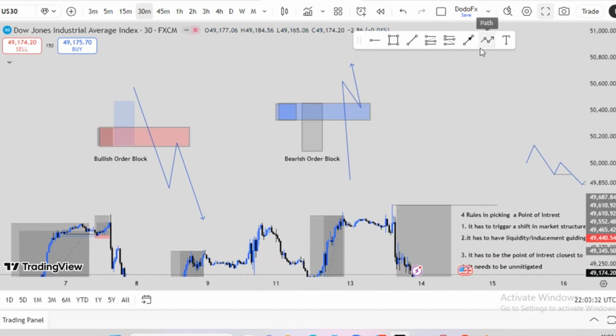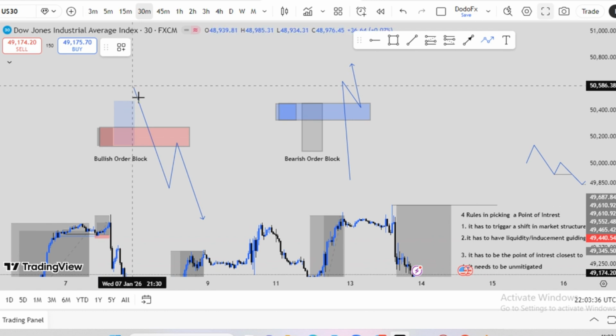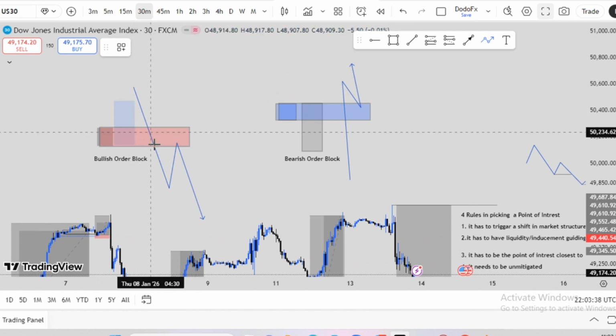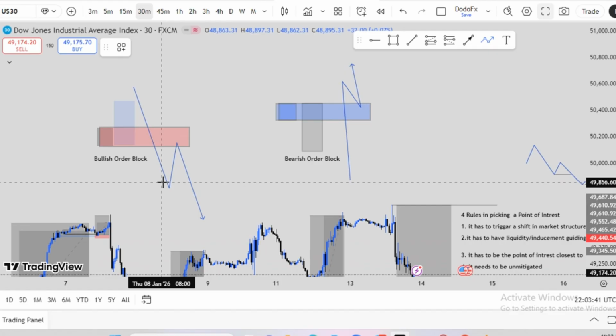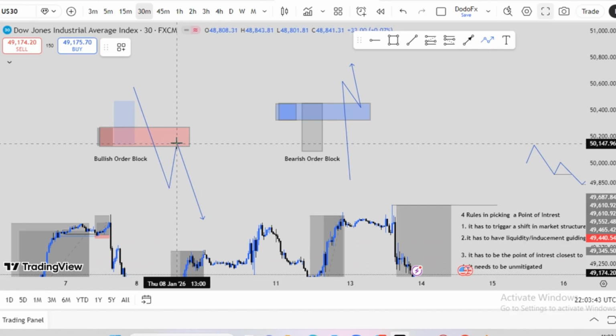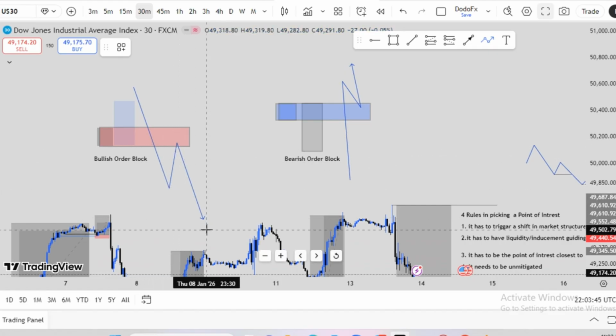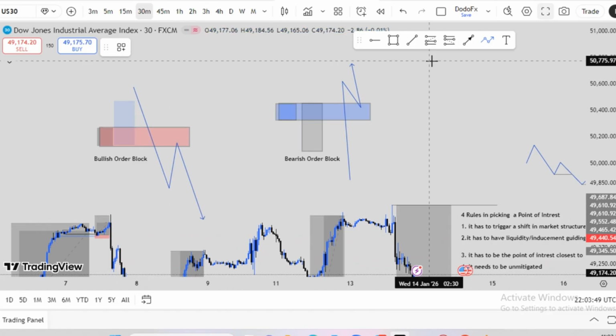So the same thing with this one. When it comes in, instead of tapping and moving, it came and broke it and then changed it to a breaker block before it then tapped into it, before it now pulls back. I mean, it has mitigated now. But if you check very well from this trade here,